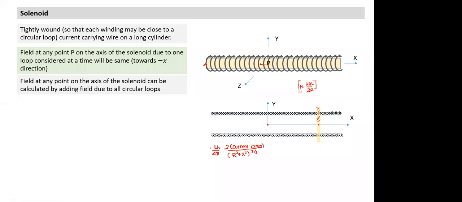So can we apply this formula here for this element? What is happening in this case? X is changing everywhere. If I divide the solenoid into several small lengths, for different pieces, X is changing. So I need to take a part of the solenoid which has a very small value of X. That's why we break it into small pieces. I can calculate the field due to one such element and then add it up through the process of integration.